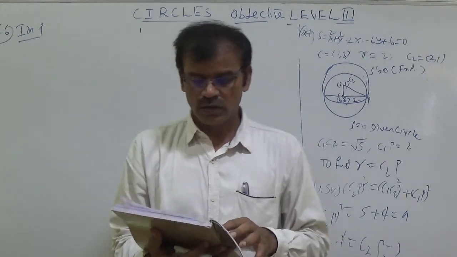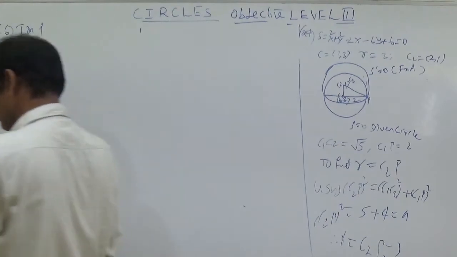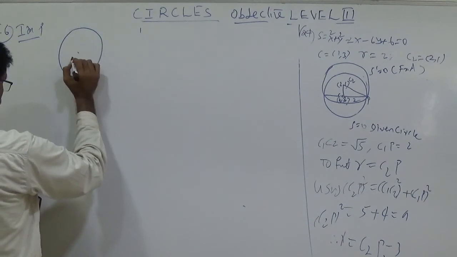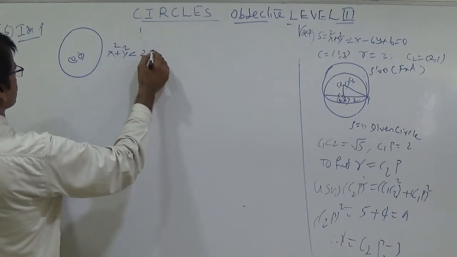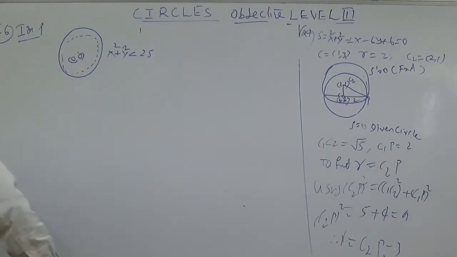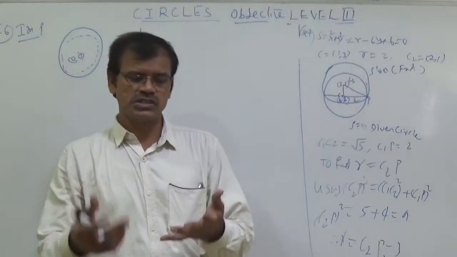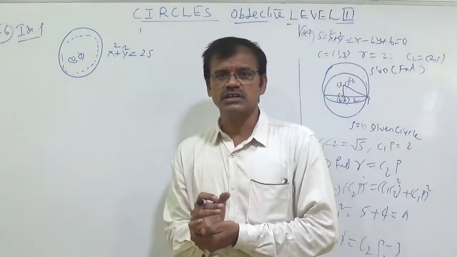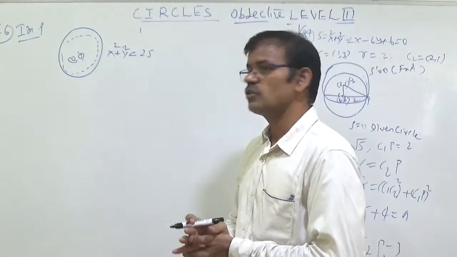This is an important model. The number of points (x, y) having integral coordinates satisfying the condition x square plus y square less than 25. He is asking about the number of integral coordinates such that x square plus y square is less than 25. Originally we have the numbers 0 to 9. If we substitute 9 square equal to 81, it is wrong. Whatever values are lesser than 25, only those you should substitute.